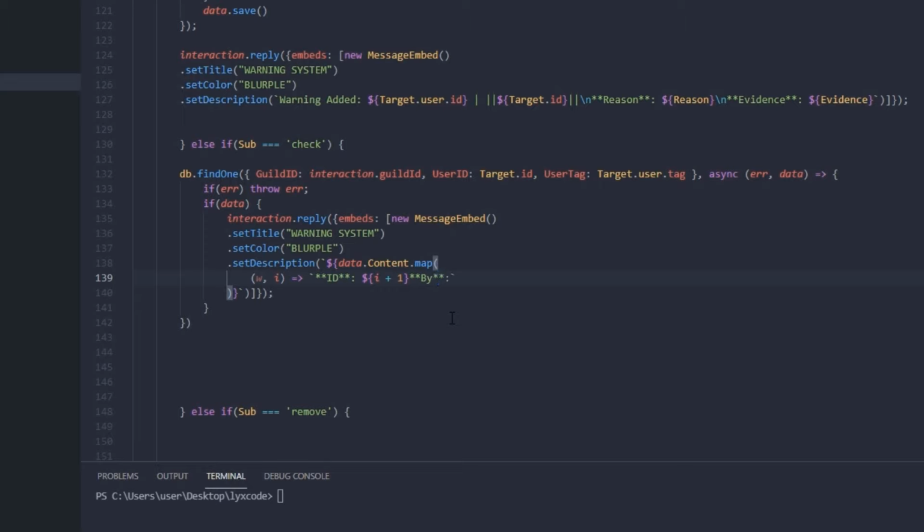Let's make it bold also, or we can actually create a new line and say "by". We're gonna type w.execute. The w basically is the data content, by the way, and the i is the number of the ID. So executor tag, and then we're gonna create another line, and it's gonna be called date. And here we're gonna type w.date,